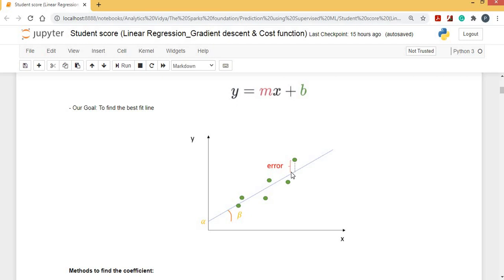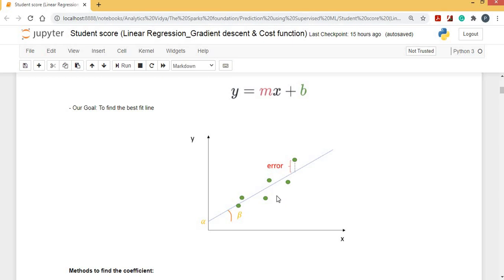The line seen in this graph is the actual relationship we are going to accomplish, and we want to minimize the error of our model. The line is the best fit that passes through most of the scatter points and also reduces the error, which is the distance from the point to the line, as illustrated here. This is the error and these are the points. It's called a scatter plot diagram.